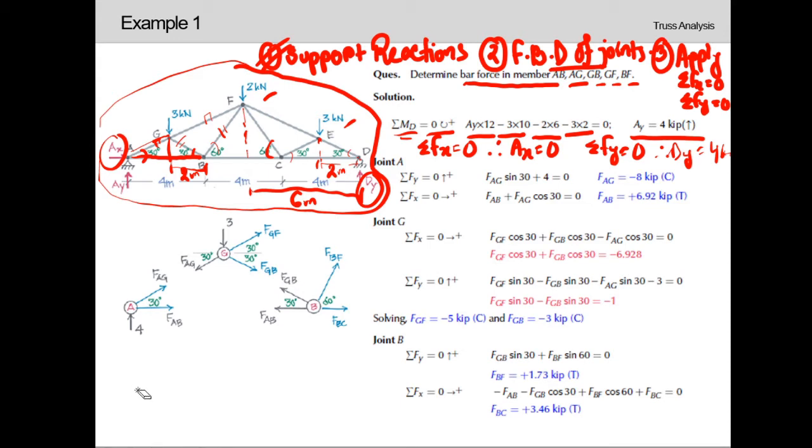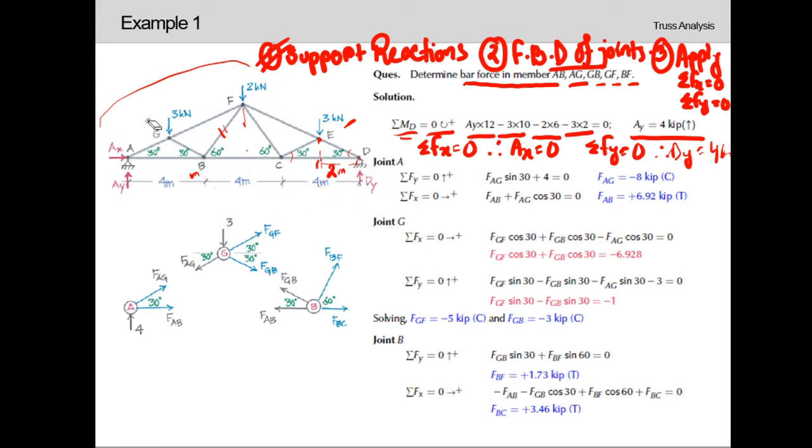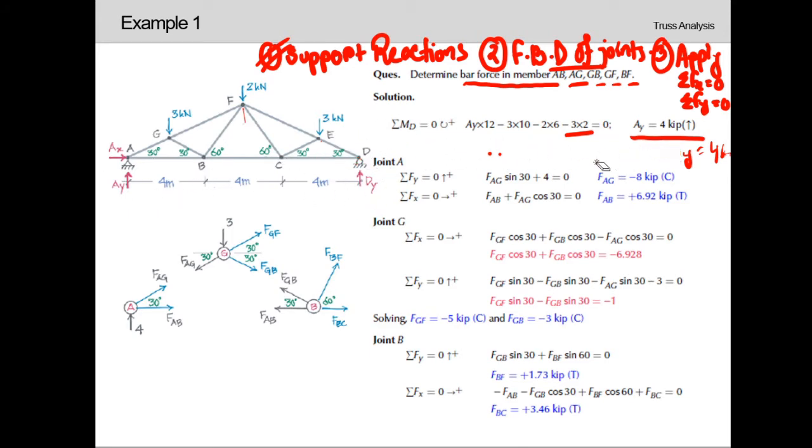And now we need to move forward to our second step, which is drawing the free body diagrams of the joints. So as we are asked to calculate AB, AG, GB, GF and BF, these 5 members in total, we need to consider this joint A,